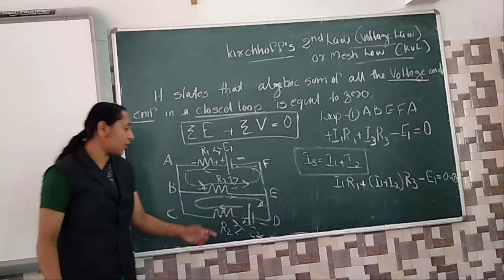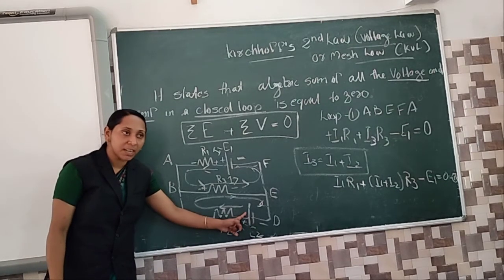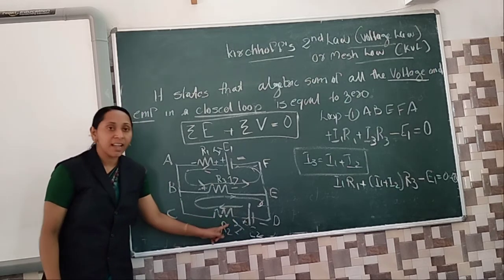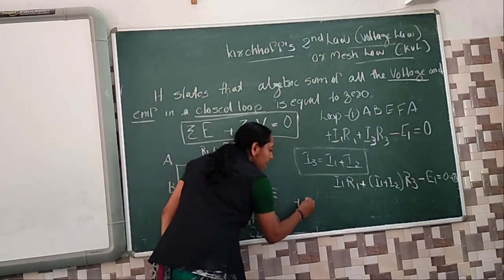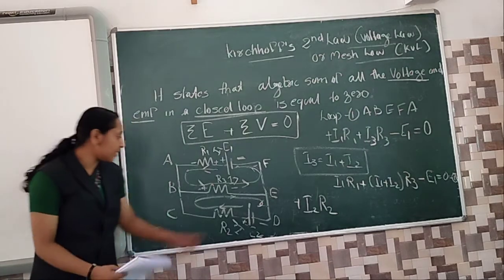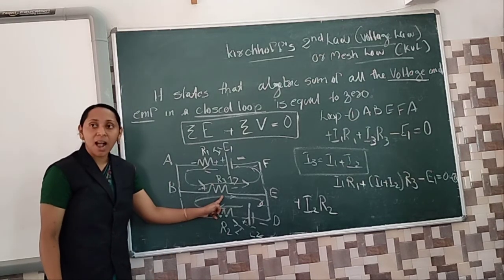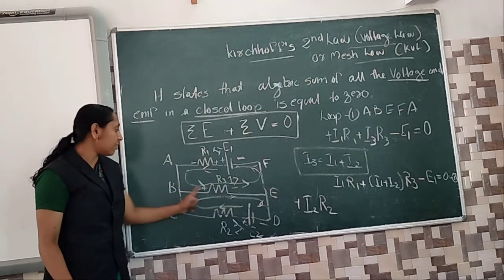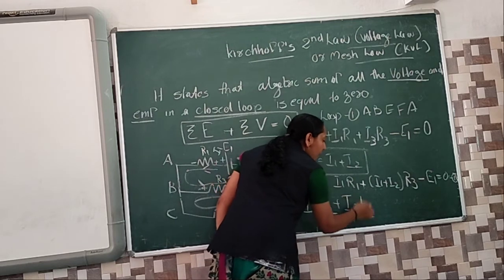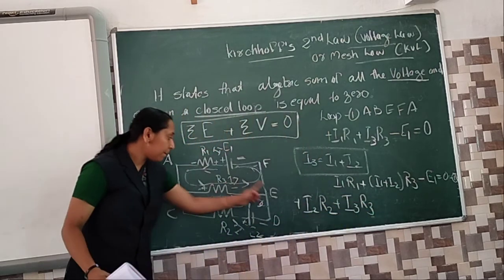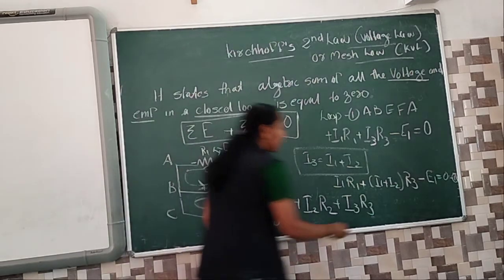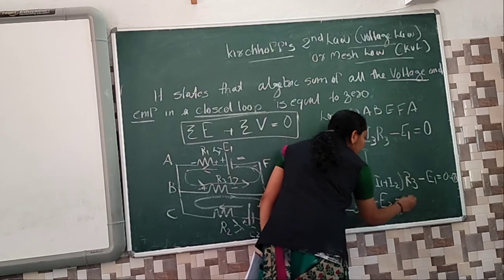Then how to write equation number 2? We start from the cell, from the positive. The first resistor is R2, the current is I2. It is positive, so first you should write positive I2 R2. Is the first step clear? Then after the resistor, go to R3. In R3 the current is I3. Going from positive, here also it is positive. Positive I3 R3. Then from here we come back into the cell. The sign for entering the cell is negative. So negative E2 equal to 0.